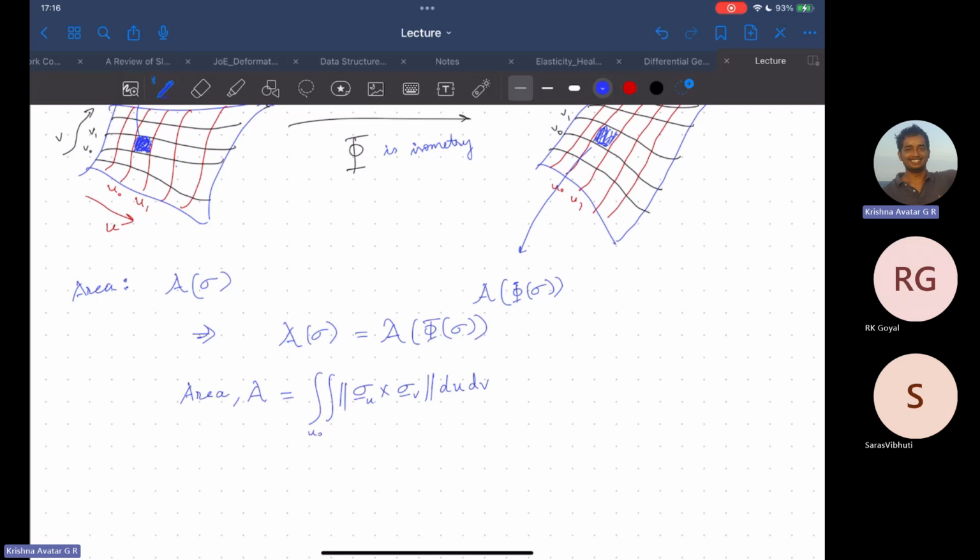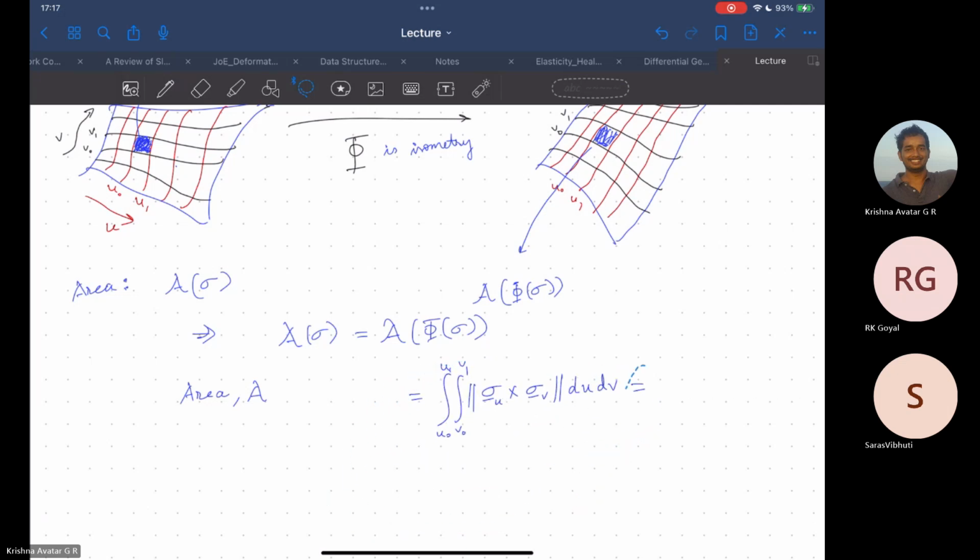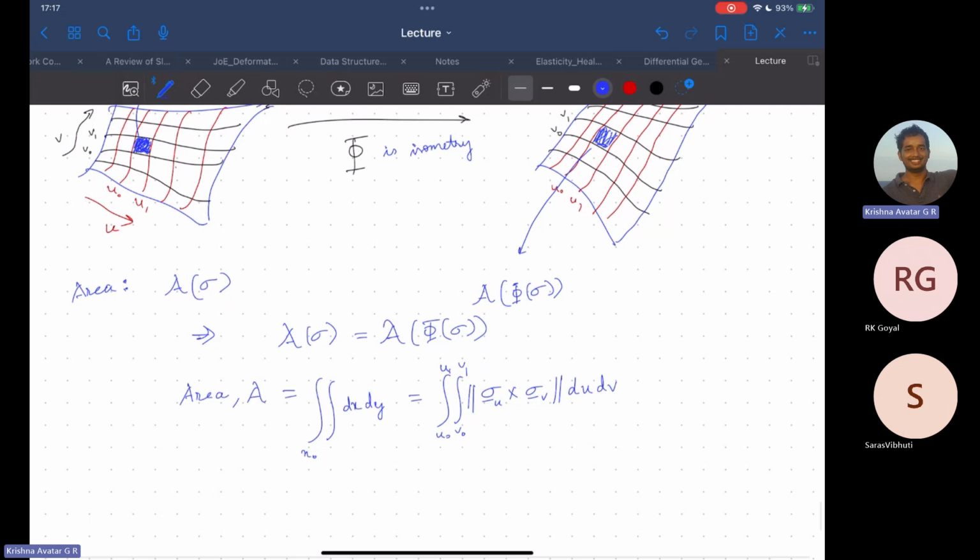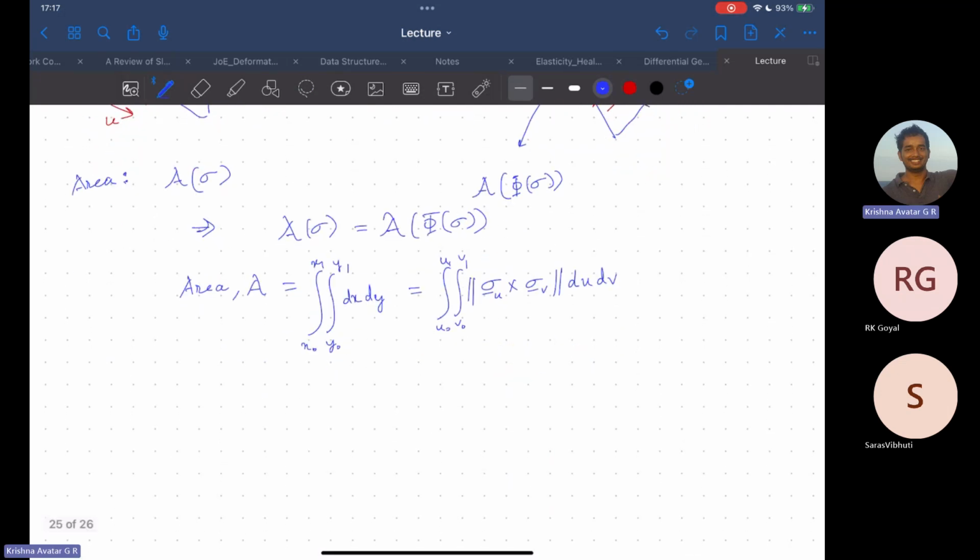Right? So u is equal u0 to u1, v0 to v1. Now ideally, the most basic way we define an area is just double integral of dx dy. Right? That's the most basic explanation of how we define an area. Just double integration from some x0 to x1 and y0 to y1. Now in this process, as we had learned in multivariate calculus, if we are transforming from say x is